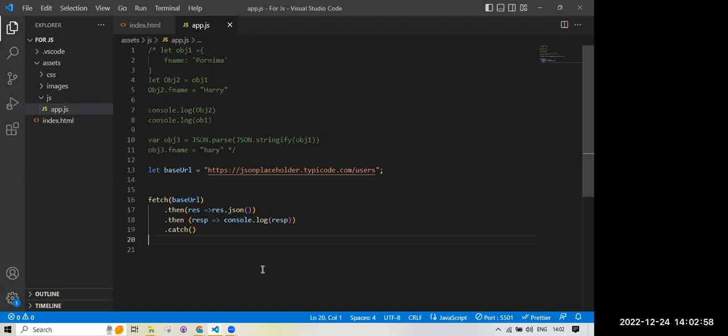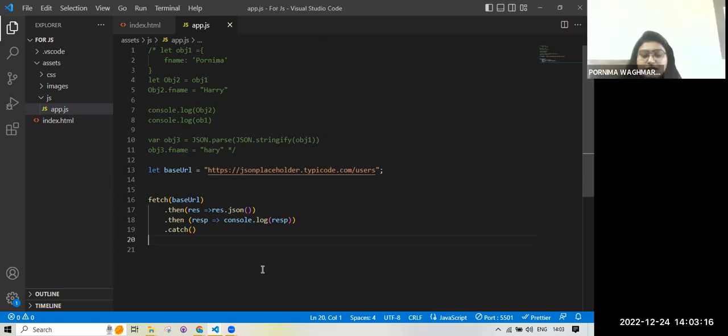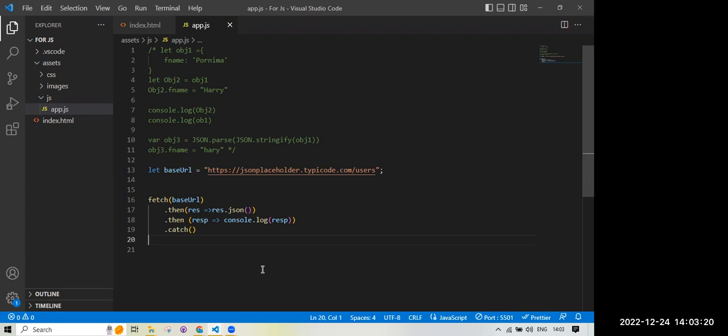Somewhere we use some elements from the DOM, and at that time we use something in TypeScript, typecasting. Yes, I heard about typecasting. Okay, no worries.